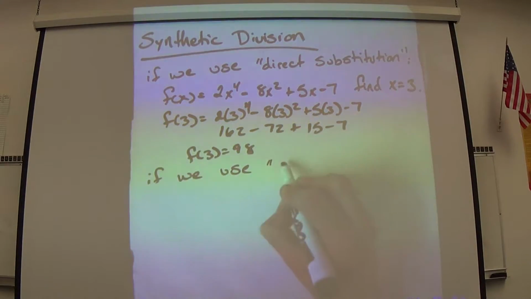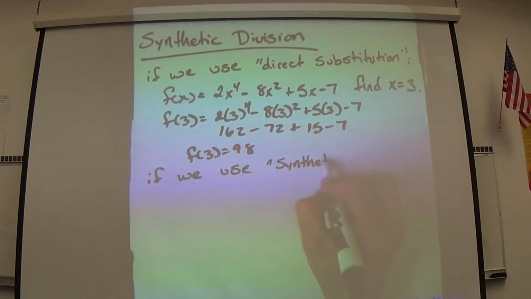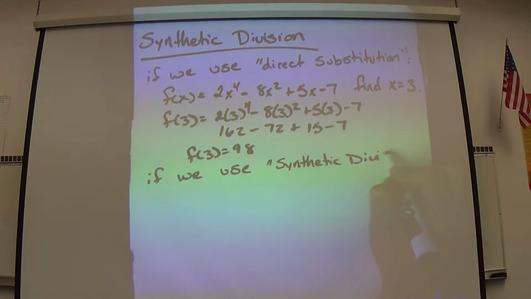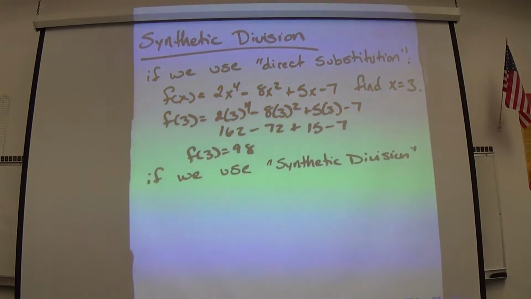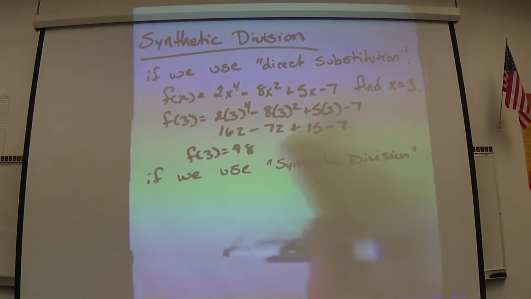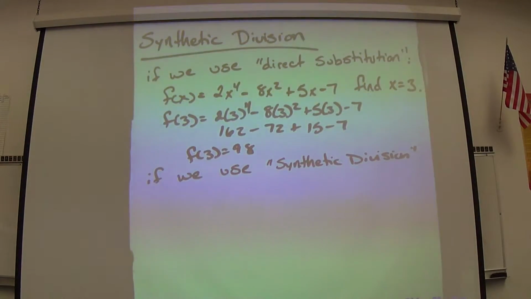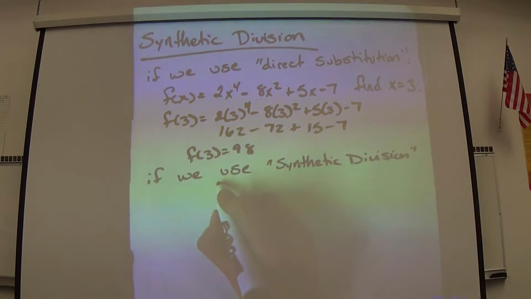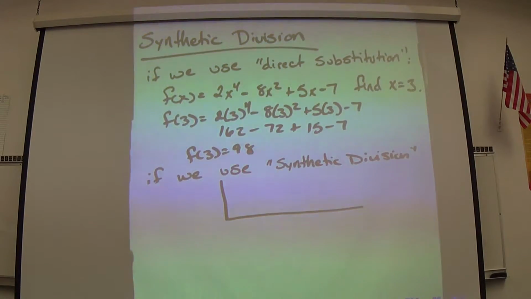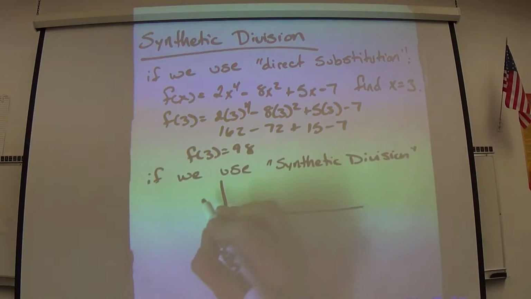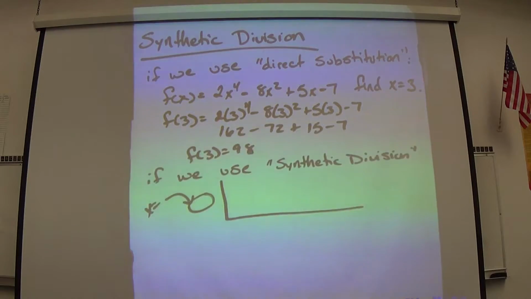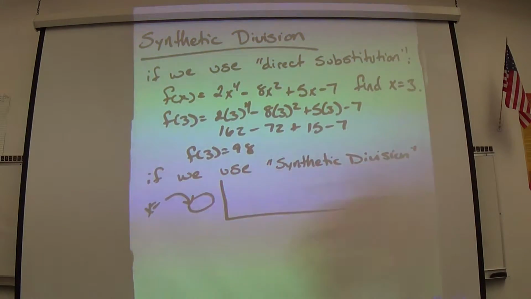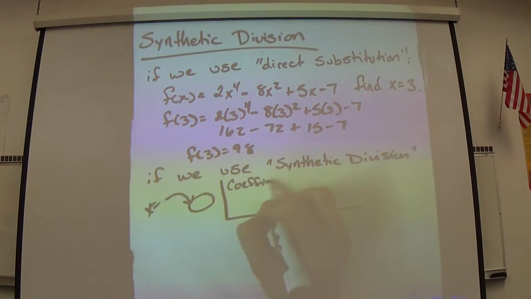But then we have something called synthetic division, which says, you know, this is kind of obnoxious because I have to do those powers and then I have to multiply, numbers get kind of big and kind of crazy, I can make a mistake, I don't really like that. So synthetic division, the setup for that is to do an upside down division box. The number that goes on the outside here is whatever x was equal to. On the inside, you do the coefficients,